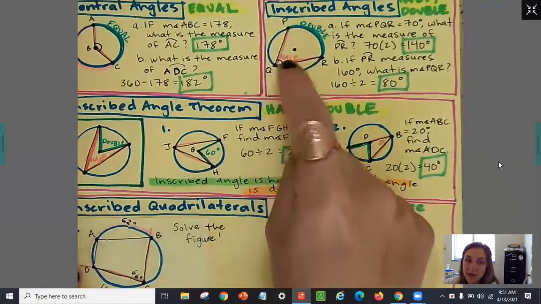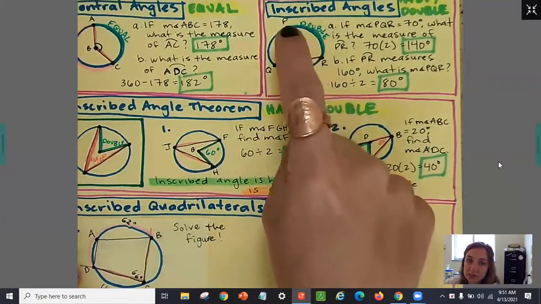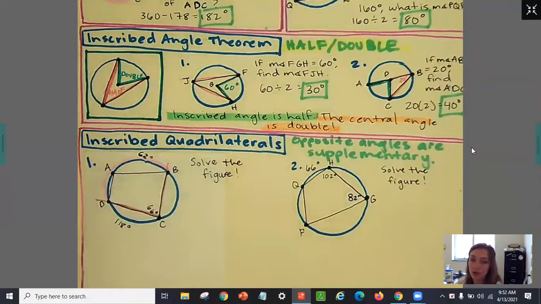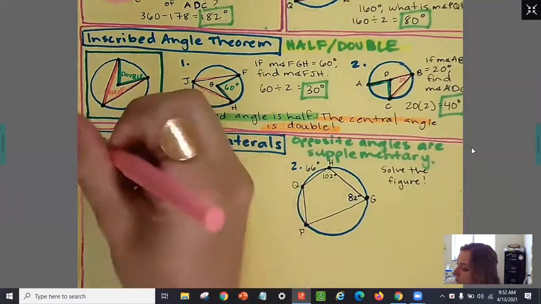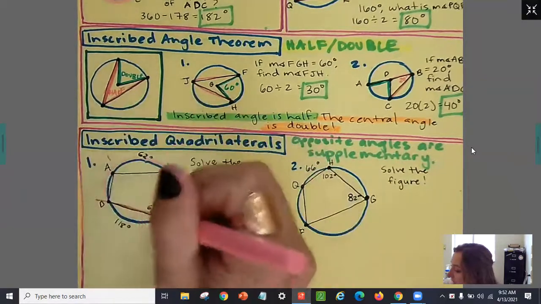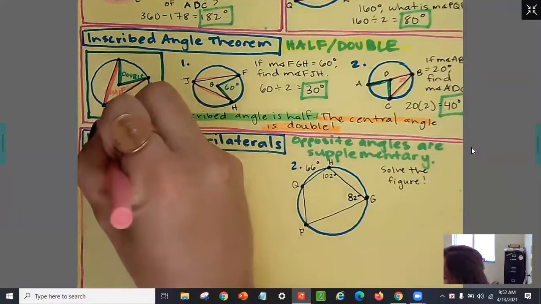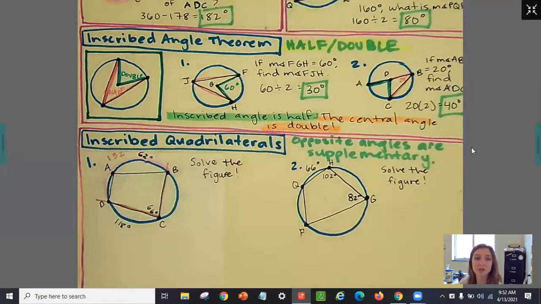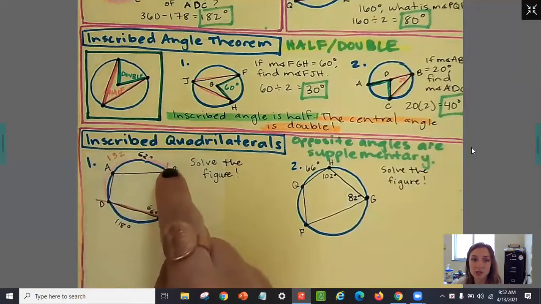So we're going to go up here and look. The angle is half of the arc. The arc is double the angle. So this whole thing right here is going to be double that angle. So it's going to be 66 times 2, which is 132. All right, 132. So since this whole thing is 132, we know that this measure right here is 62,